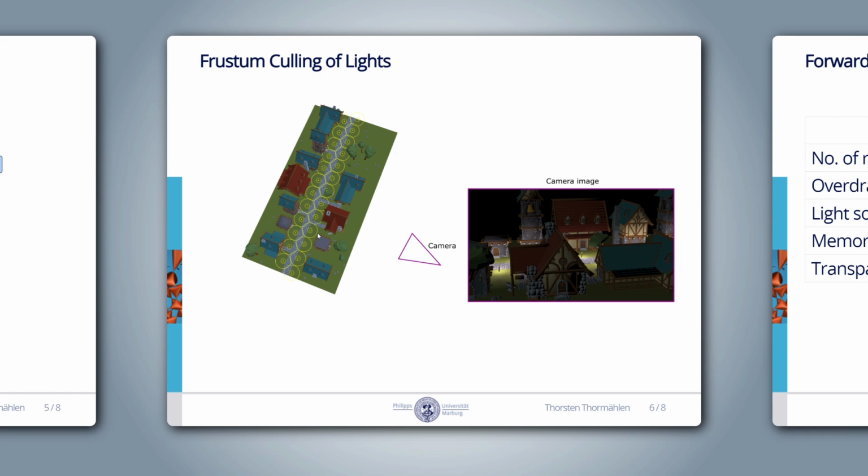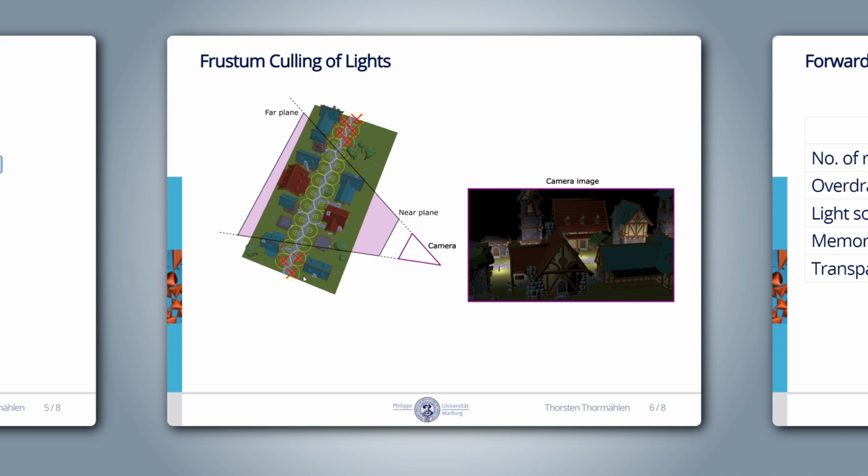a smooth windowing function. Defining a maximum light range allows the culling algorithm on the CPU to remove all point lights that are outside of the camera's view frustum. In this example, the view frustum of the camera is drawn in purple. The frustum is bounded by the camera's near and far clipping planes. Any point light outside the frustum contributes nothing and can be ignored. This culling of light sources with the view frustum can be done for both forward shading and deferred shading.